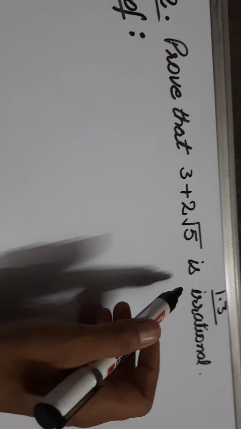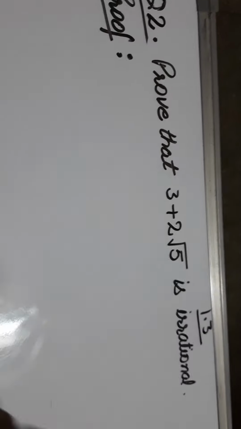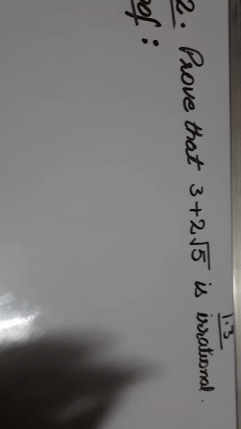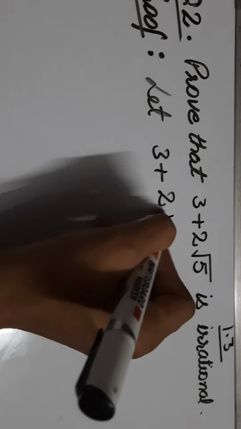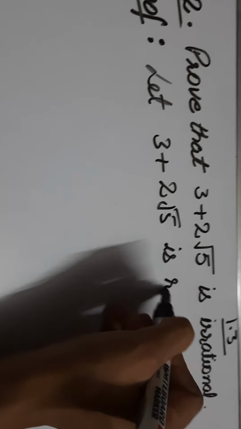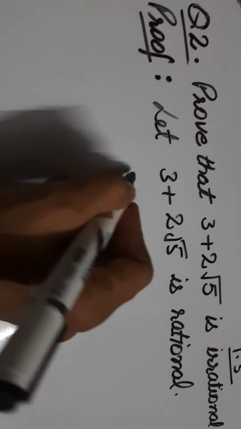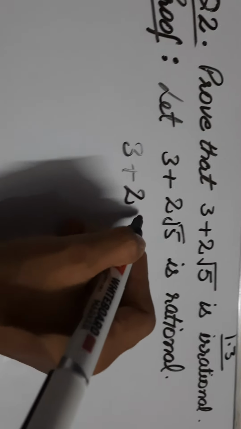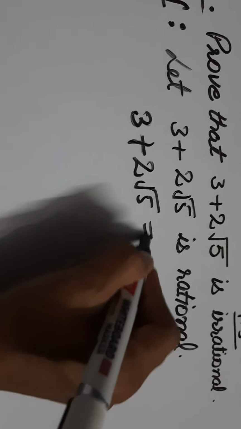So as I taught you, to prove any number as an irrational number, we have to apply the rational number definition only. हमें rational number की ही definition apply करनी पड़ती है to check whether the number is rational or irrational. So let us assume again, let 3 plus 2 root 5 be rational. हम लेके चल लेते हैं that it is rational, and as you all know, if this is rational, that means it must satisfy all the 3 points of a rational number. And what are the 3 points?